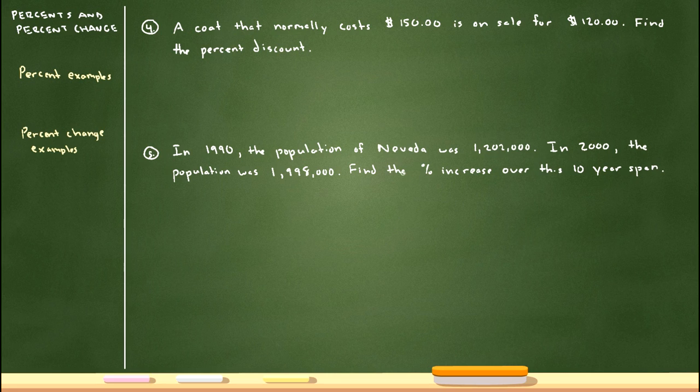So let's go ahead and talk about sales here. So if we have a coat and it normally costs $150, and it's on sale for $120, we may want to find the percent discount. Okay, or pretty much the percentage of money that you're saving for this item being on sale here. Now in general, you could have a percent change in two directions. Either you may have a discount or you may have a percentage growth, right? So it depends what you have, but